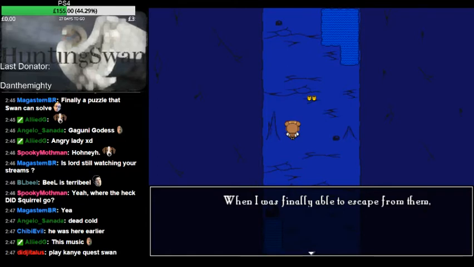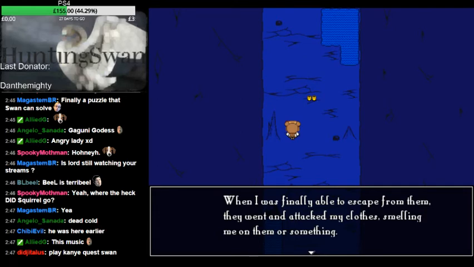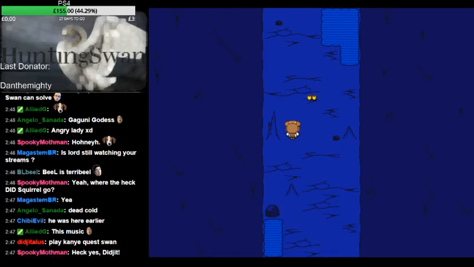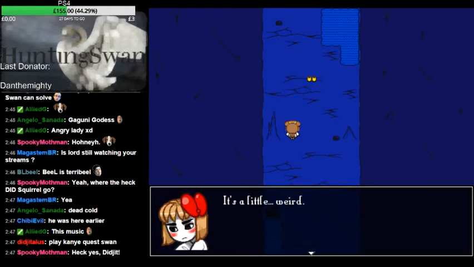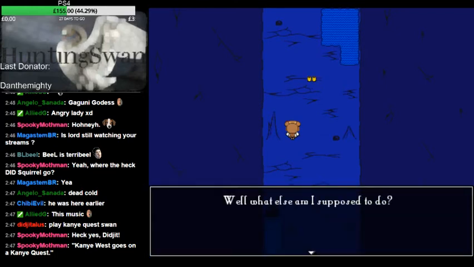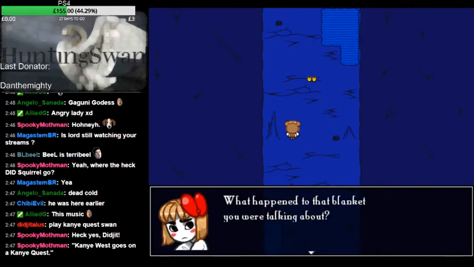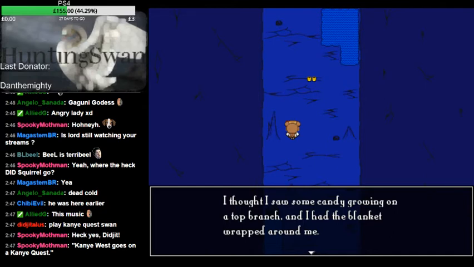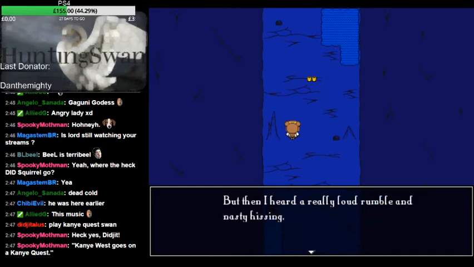When I was finally able to escape from them, they went and attacked my clothes, smelling me on them or something. Like I said, they're not really that smart. Can you quest? It's a little weird, knowing you're running around naked. Well, what else am I supposed to do? What happened to that blanket you were talking about? I lost it when I was out climbing a tree one day. I thought I saw some candy growing on a top branch, and I had the blanket wrapped around me. Then I heard a really loud...